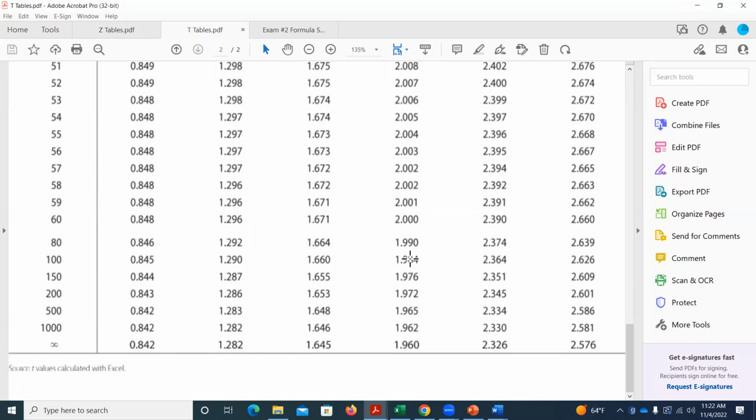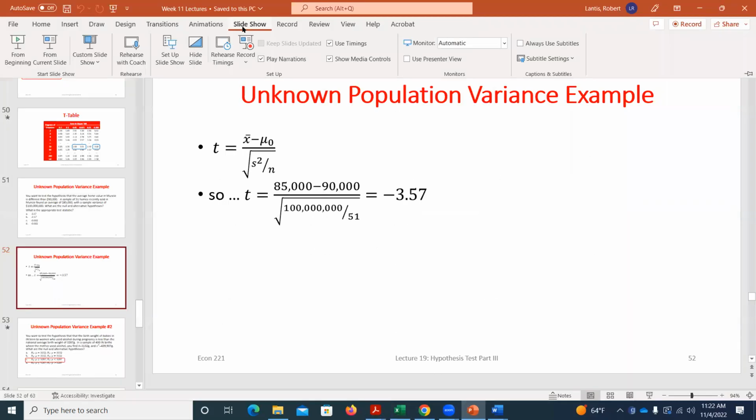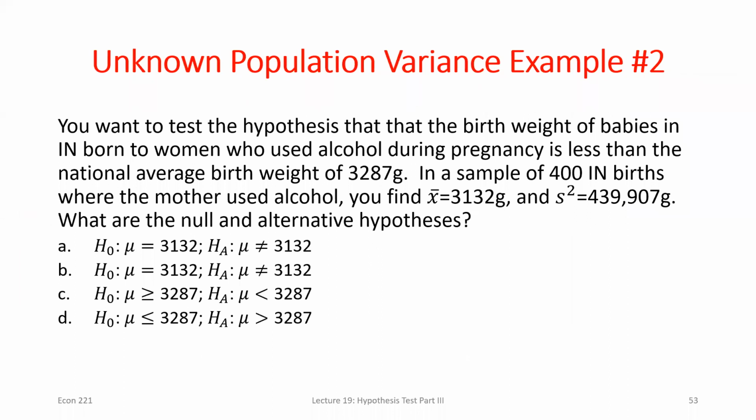All right, so let's look at another example. So let's kind of look at this. So here I've got